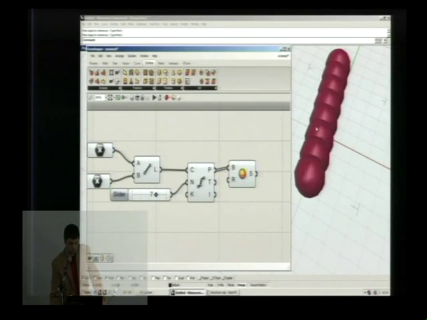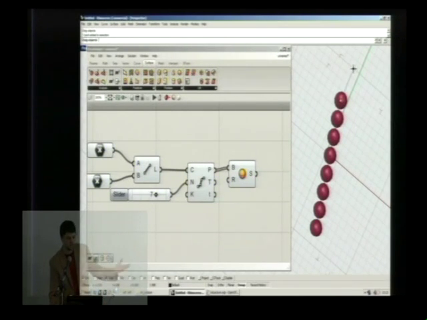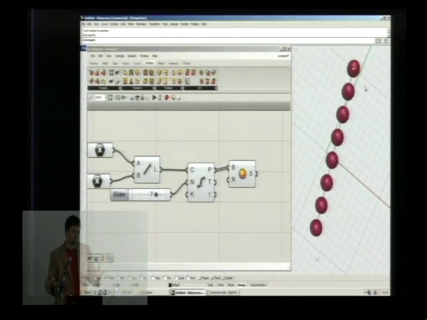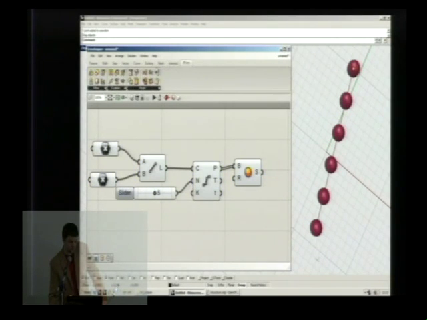And it's quite big, so I'll change the points, and it changes the line, and it changes the divisions, and it changes the spheres. So in this sense, it's all parametric. So that's basically how it works. All of it. I mean, it looks quite expensive, but it's all the same system.